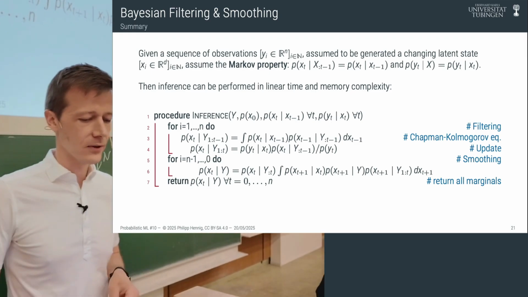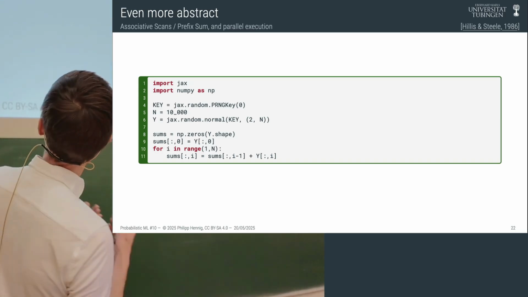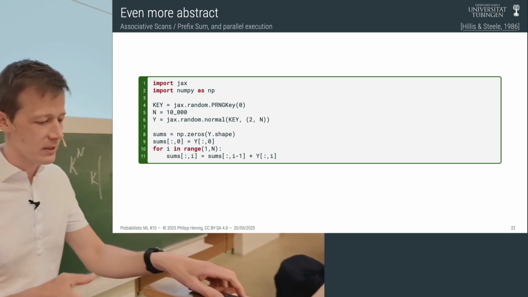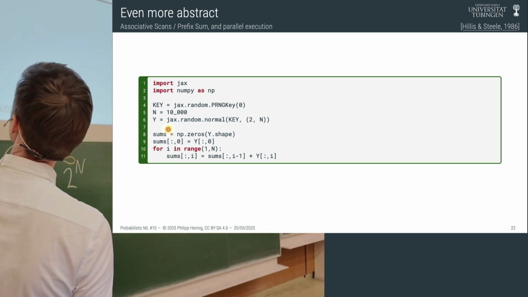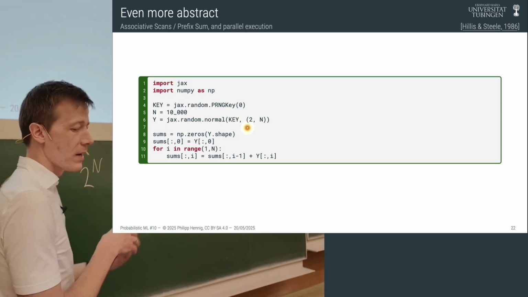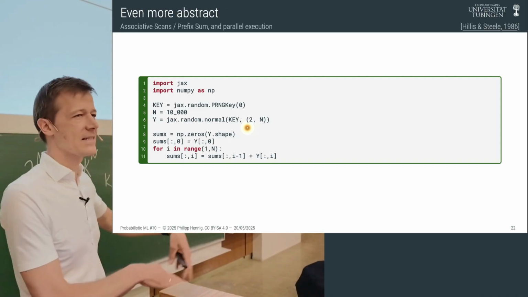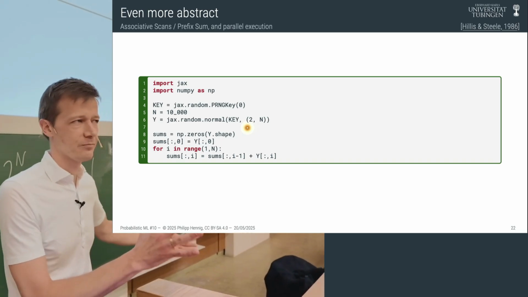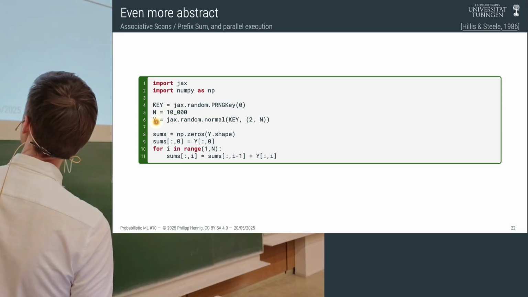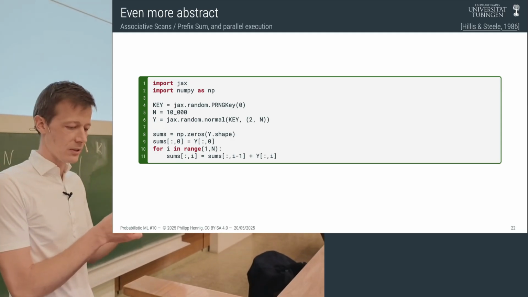And it's the following thing. It couldn't be more basic. Imagine the following setup. Here's an algorithm that computes the sum of the elements of an array. What I do in this piece of code is import some stuff. Then I make an array that contains random numbers, and it's of size 2 by n, where n is 10,000. Easy enough. Let's say someone just did that. That's my data set. And let's imagine my task is to compute the sum over this array along the long dimension, the 10,000 dimensional one.